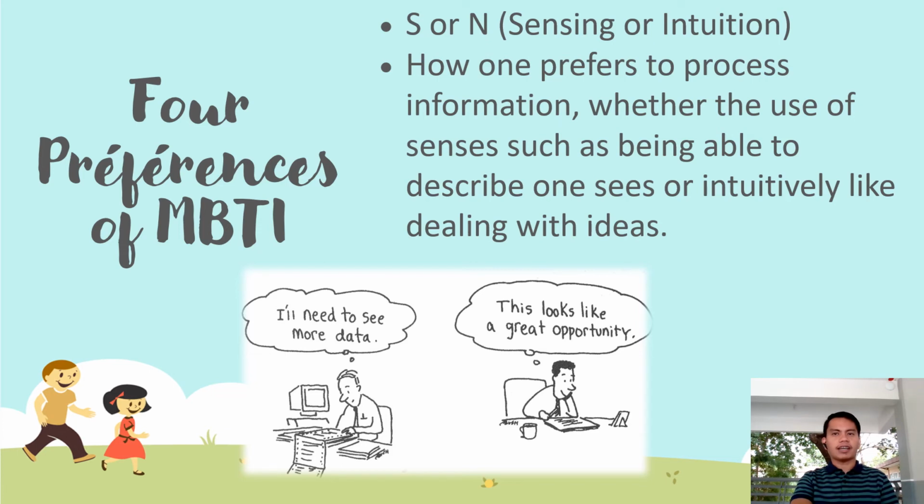And I notice facts and I remember details that are important to me. So those are the manifestation of having sensing as a preference in personality trait. On the other hand,